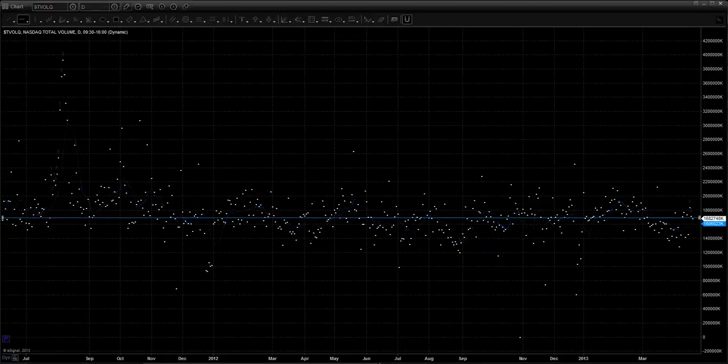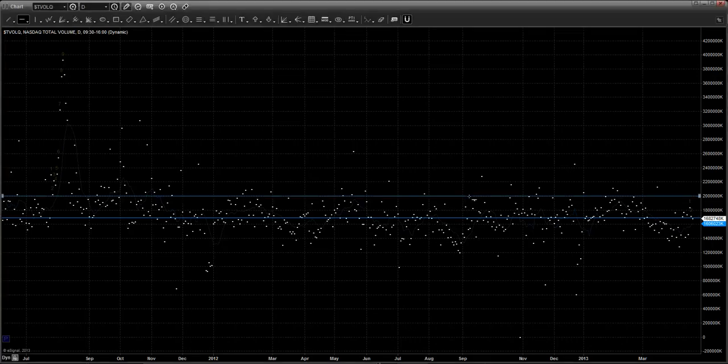So really, for a good trading environment, you like to have a lot of days above that. It doesn't have to be every day, but you certainly want to be above that. 2 billion shares is a really good trading environment, and I'm going to draw that line as well. It's right here. Okay, so keeping in mind these two levels, you can see we haven't had...